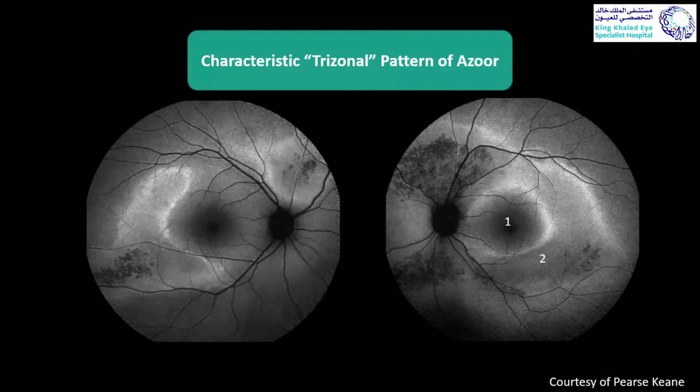The interesting thing about this patient is the autofluorescence, as a trizonal pattern has been described. You can see on the right side, zone 1 is the normal zone. As I said before, those patients usually have foveal sparing. However, in advanced disease, the fovea can be involved. Zone 2 is the zone in the middle between the atrophic zone and the normal zone, and usually it has a speckled hyper-autofluorescence. And the third zone is the atrophic zone superior to the disc, as we can see in the left eye and in the right eye as well.